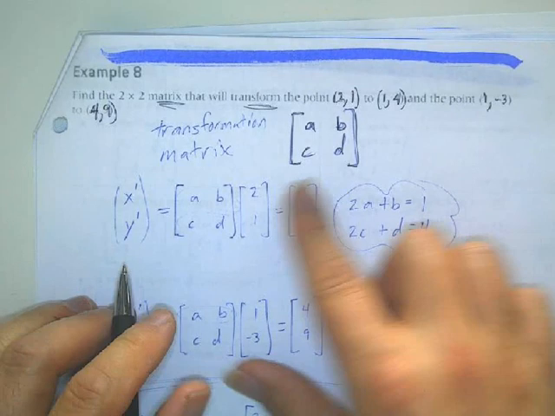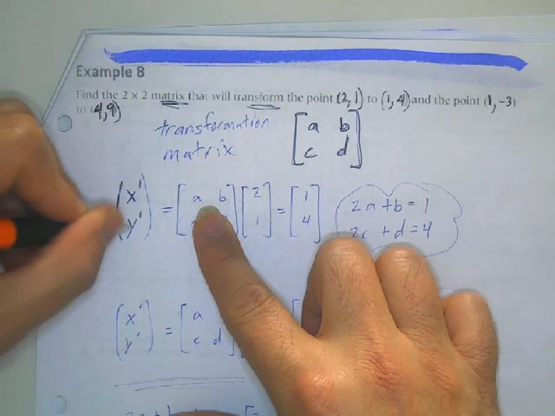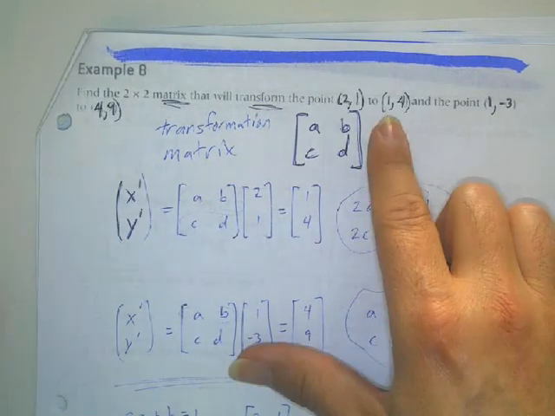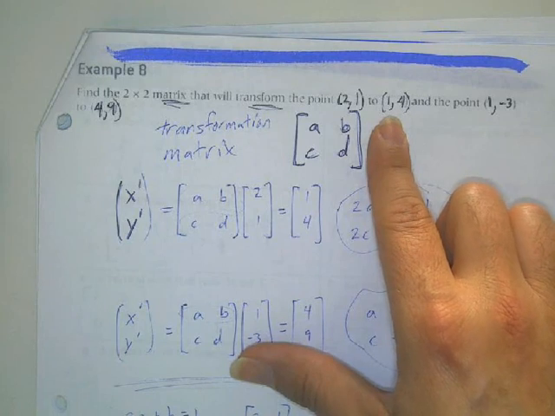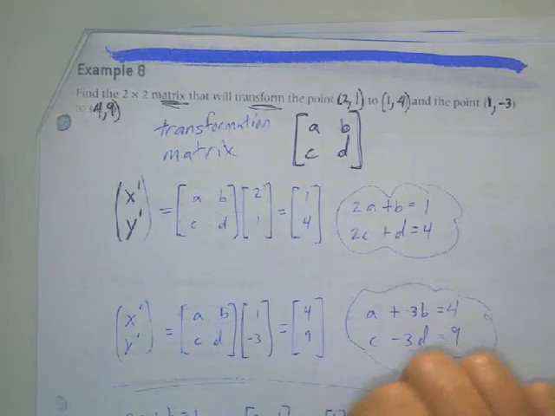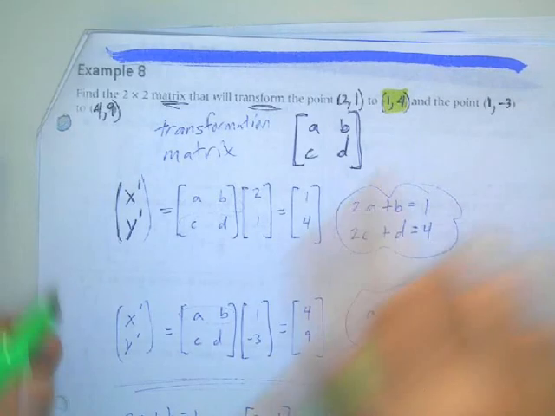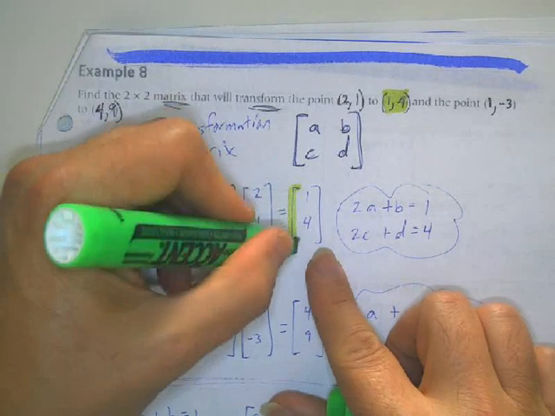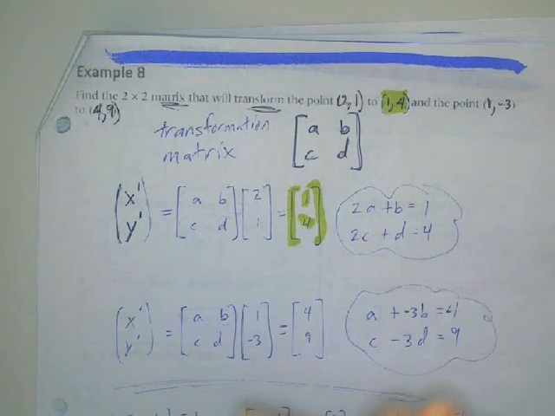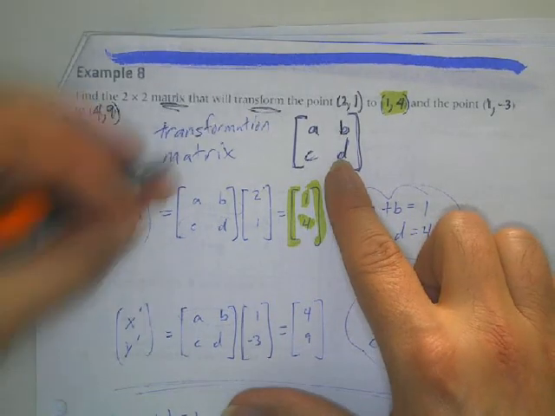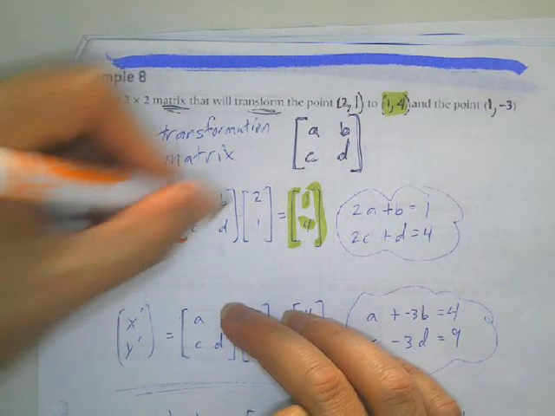Okay, so I'm going to call x prime, y prime the finalized value, and we're going to get 1 and 4. Okay, so we have our transformation matrix. Let's just use orange. So this is our transformation matrix,